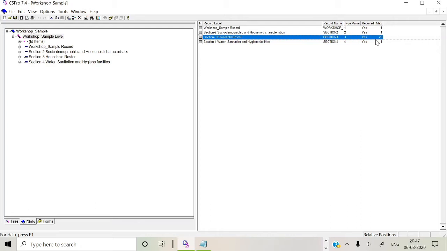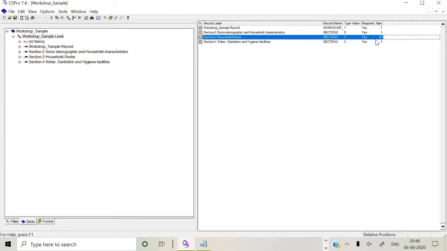This application will keep on allowing data entry 20 times, and each time the variable will keep on moving. So for controlling the roster, which variable are we going to control it with? The total number of household members. So we are going to ask the roster, and the same procedure is going to be adopted if you have two levels of children or two levels of women in the same household. You can control it with the same kind of programming.